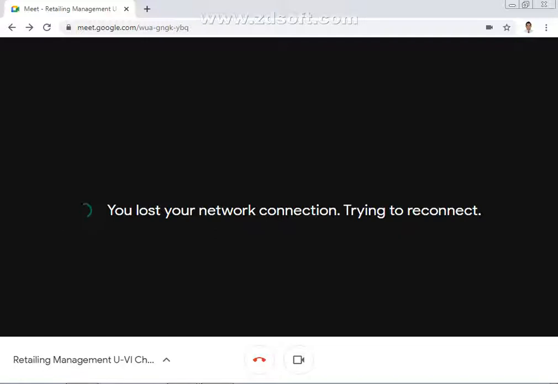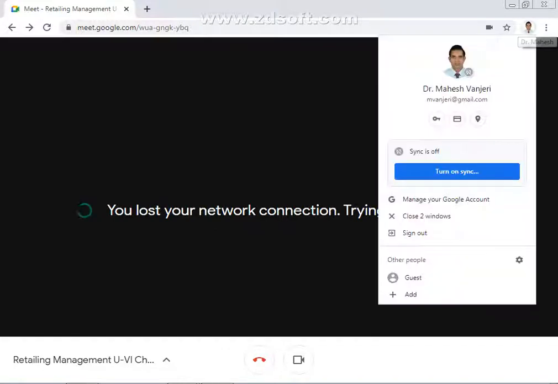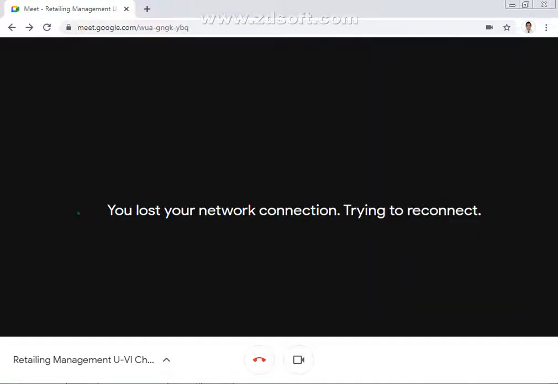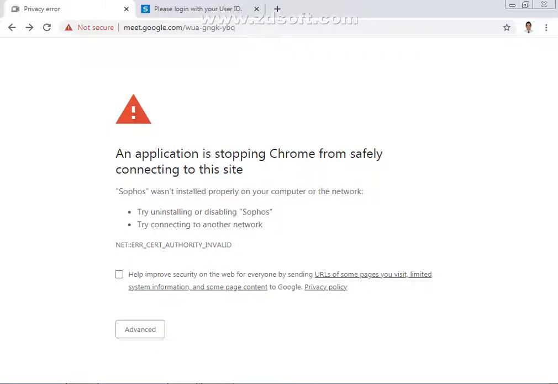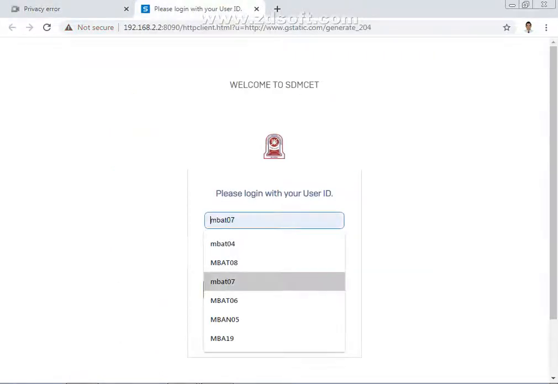Slow. Reconnect, but how? Now if I sign out, then will the meeting end? It will not end. Or refresh. Okay, see, because I had to log in again.